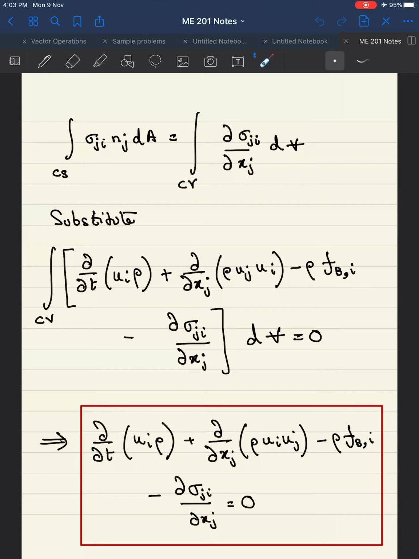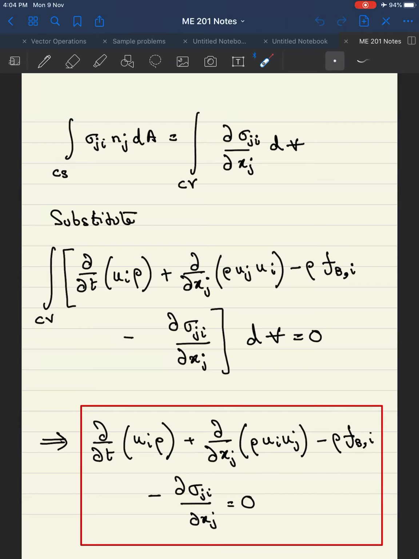And here the trouble in solving this equation comes primarily due to this particular term, which is an unknown at the moment. So unless you know this particular term, you are in no position to go ahead and compute this any further. So while this equation is the proper momentum equation, it represents the conservation of momentum for any given fluid, you are in no position to go ahead and solve it.